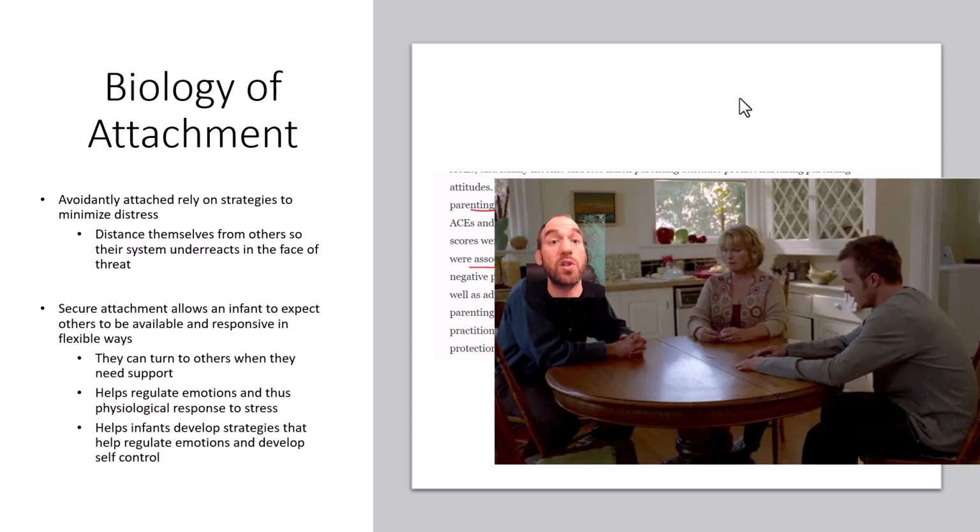You have better, more positive social connections that you can depend on to help regulate that, not just as a child, but also as an adult. And then on the right-hand side, I wanted to include some background information about one study that looked at higher ACEs and less nurturing attitudes being correlated with harsh parenting attitudes. ACEs were associated with harsh parenting attitudes, suggesting a buffering effect of PACEs, which is protective and